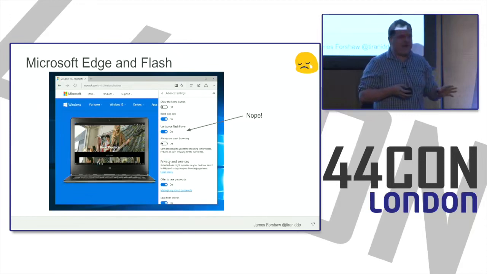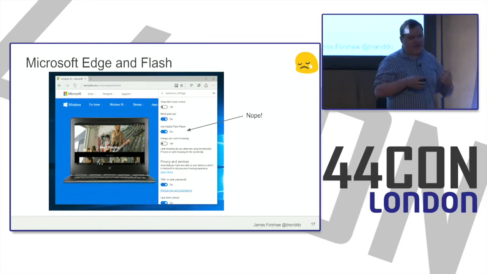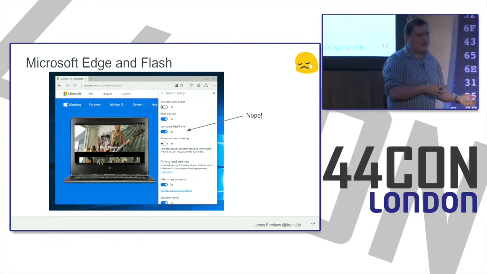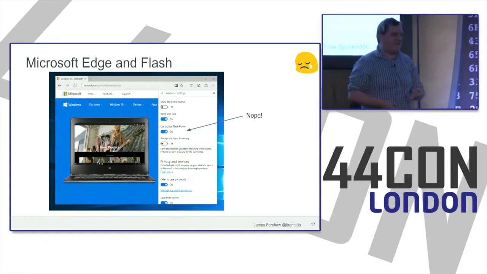And the trouble with that is it increases the attack surface of the platform, because there have been numerous occasions where, for example, a Word document hosted Flash. Because it's an ActiveX control, it can be hosted in any OLE container. So Microsoft have unfortunately had to deploy Flash, and they couldn't just keep it to Edge. It has to end up running in IE and all the other OLE containers, which kind of sucks.